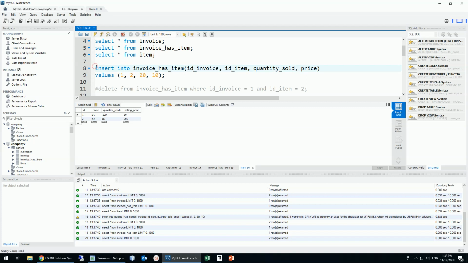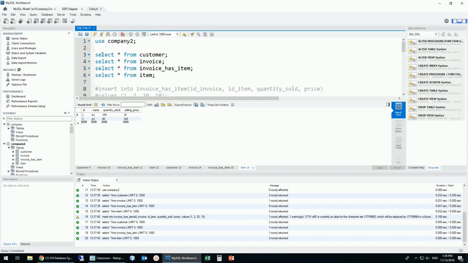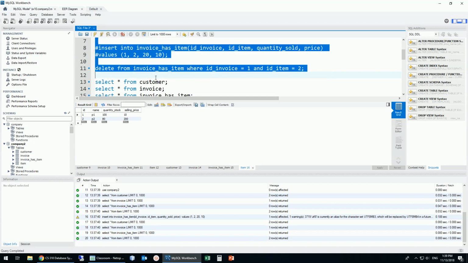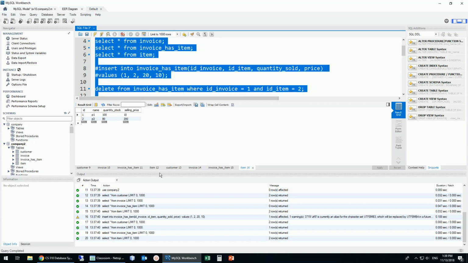Now to make sure that our procedures for the delete work as well, if I delete this, it should show me the previous state that it was in. So I'm going to again select all of these. Now I'm going to delete which one? Well, this one with the ID invoice is 1 and product ID item is 2. So now if I run,